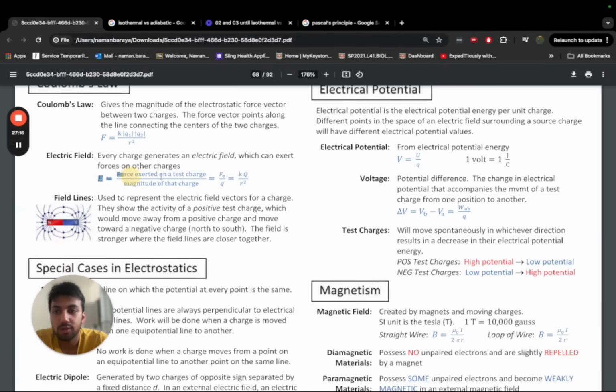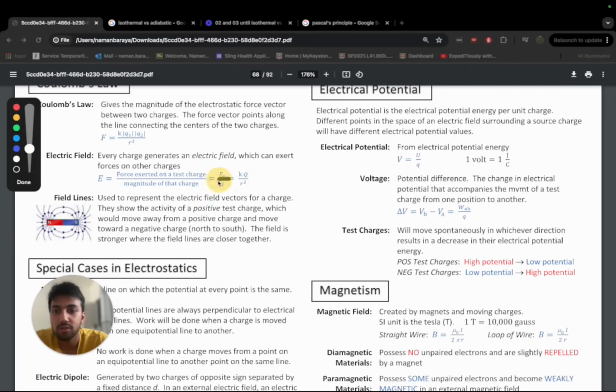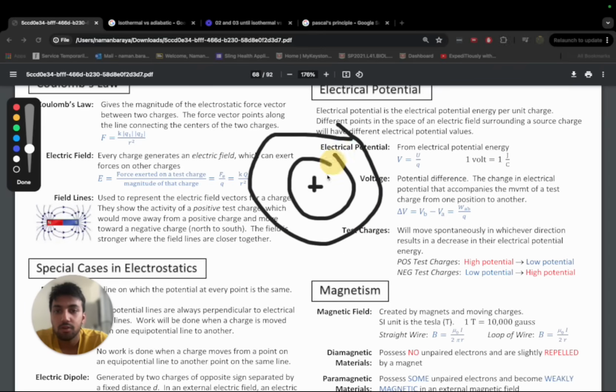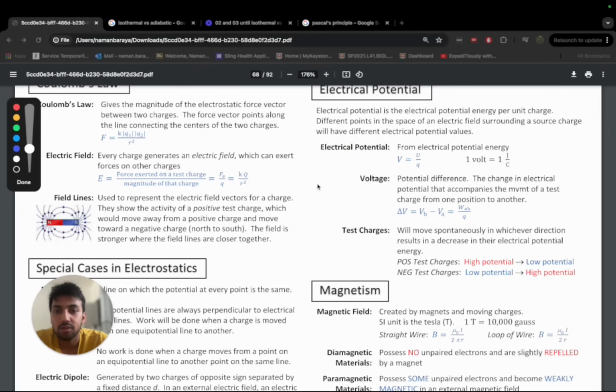So how you calculate what the electric field is, you just do the force divided by the charge. And so then you get KQ divided by R squared. And I always used to get confused by what this Q value over here is. Basically it's just telling us that, if I have a proton over here, what's the electric field? Well, the electric field is just going to be this